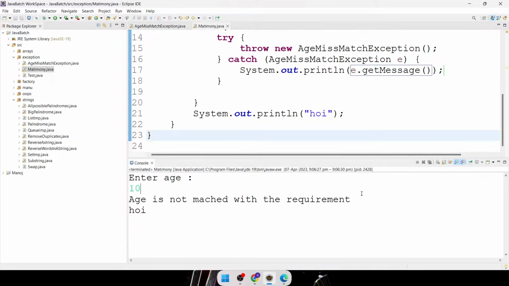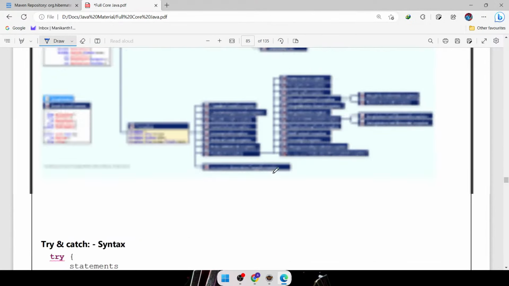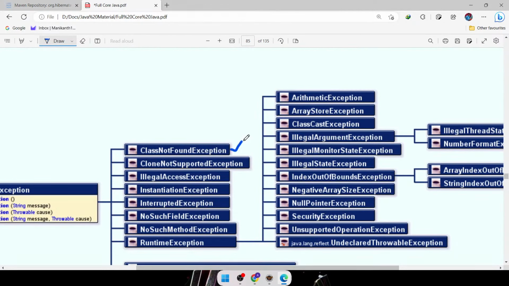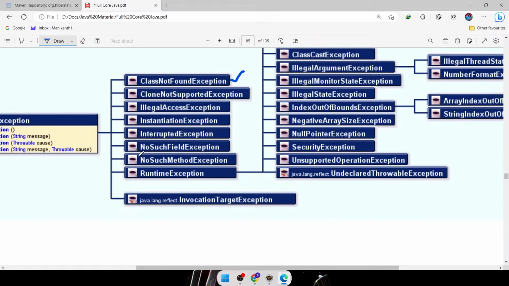Built-in exceptions, you have seen, right? Let me check. Whenever you are referring to a class which is not present in your package, at that time you will get ClassNotFoundException. We will see what is InterruptedException. Okay, InterruptedException we will see in multi-threading. Today we will see an example of InterruptedException only. Now runtime exceptions,